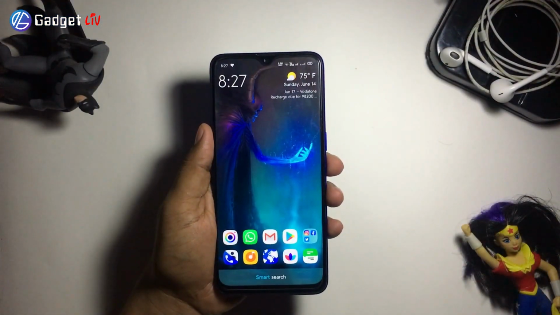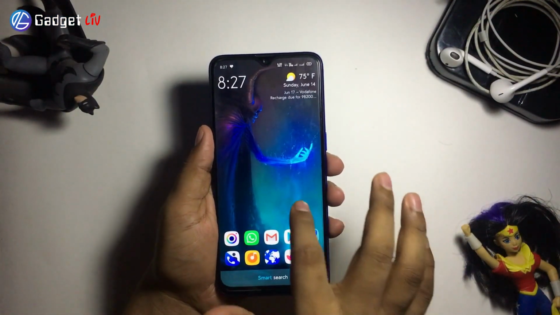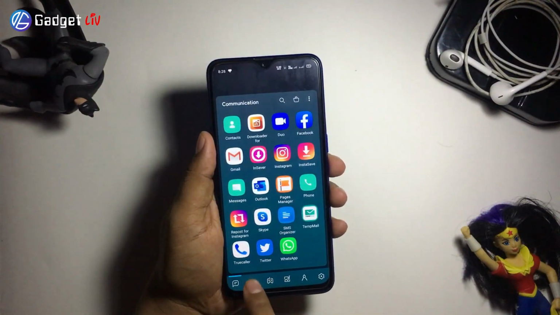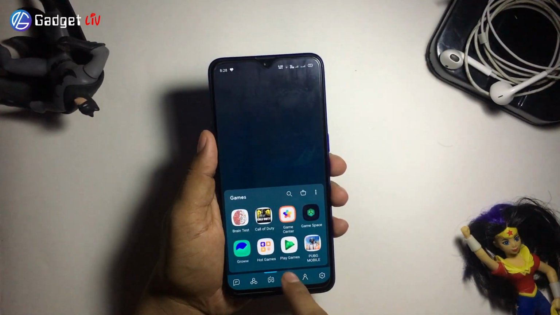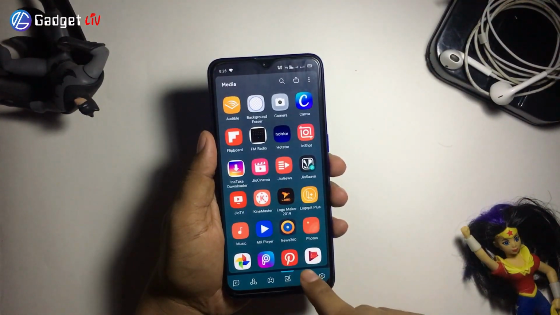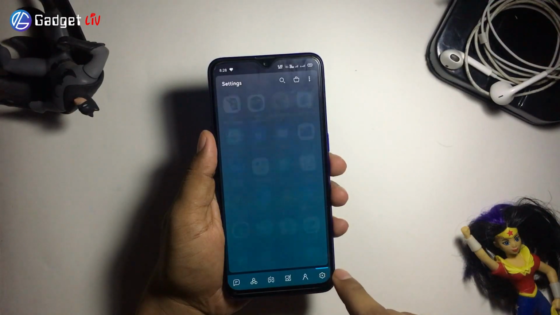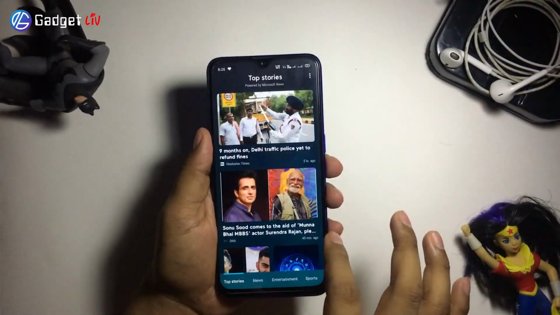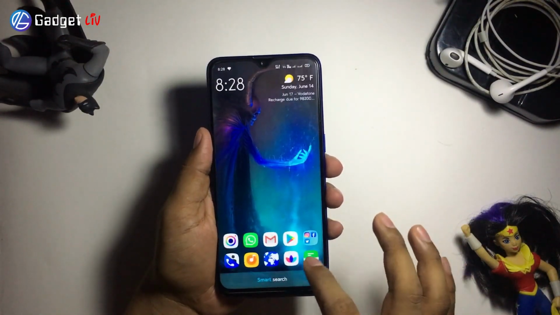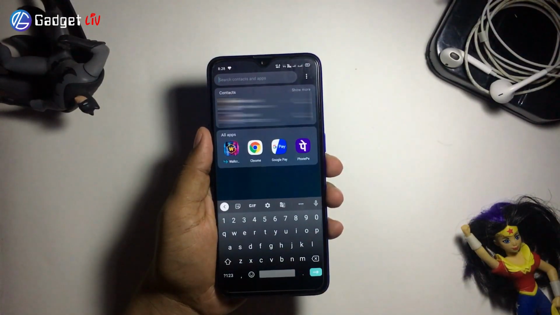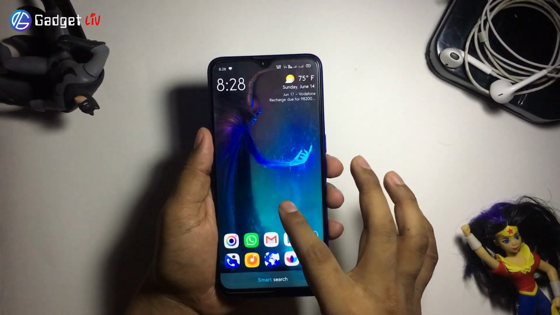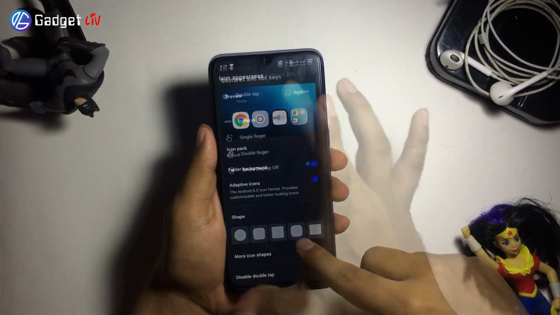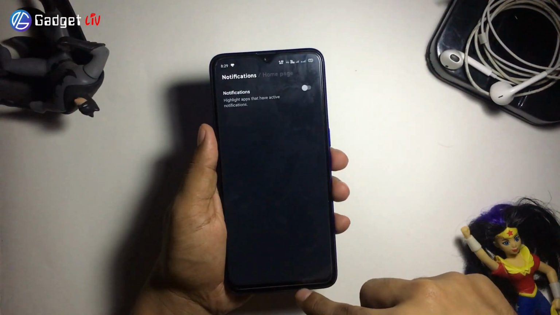Starting with the home screen, you will see a simple layout along with Smart Search. And if you swipe up from your home screen, you will see all your apps are sorted automatically in categories, so you don't have to waste your precious time organizing all your apps. That said, this feature is the main highlight of the Smart Launcher 5, which makes it stand out from the rest of the Android launchers. Well, there are other common customization options available like changing icon size and pack, widgets, gestures, app notification badges, and much more.